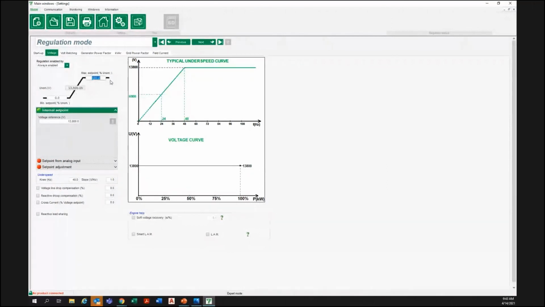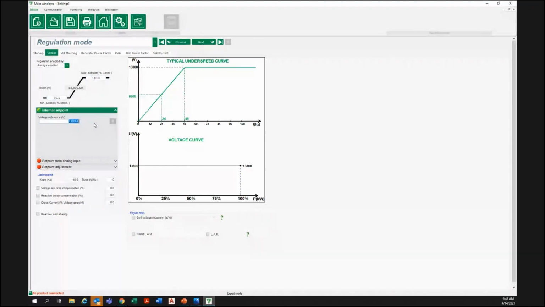This sets your different limits for how far you can manually adjust the set point. The actual set point of the rated set point will always be 13,800, but if you want to temporarily change it to a different voltage, you can set a limitation allowing you to manually adjust it. In this scenario, we could manually adjust it from anywhere from 90% of rated to 110% of rated.